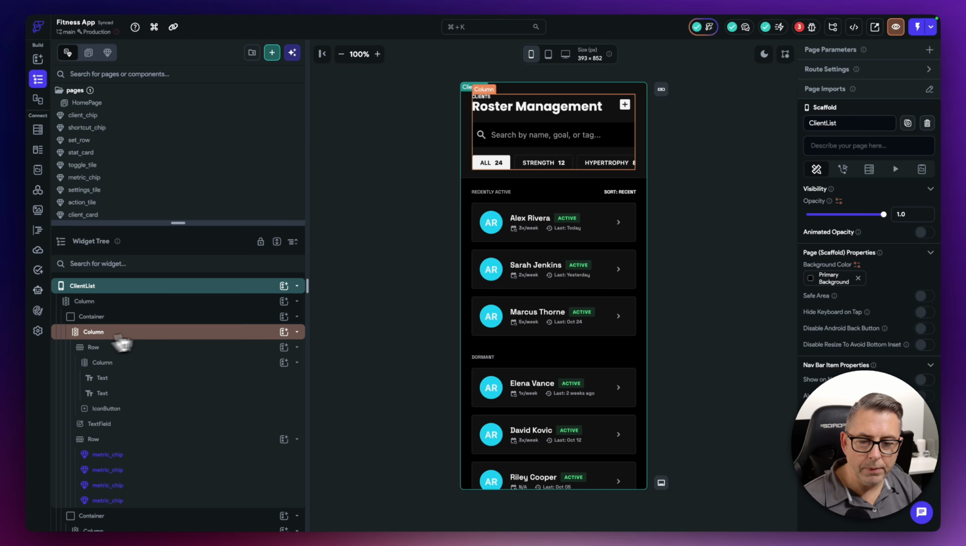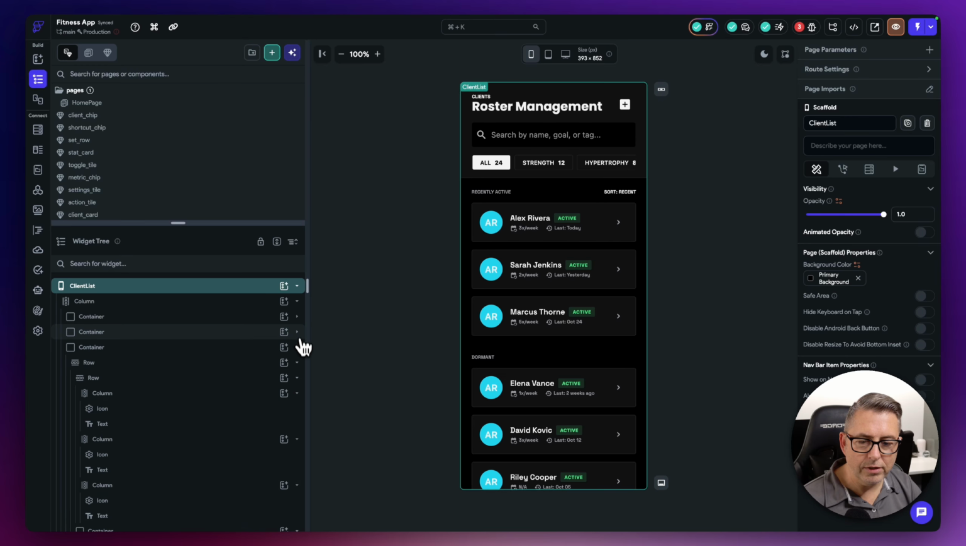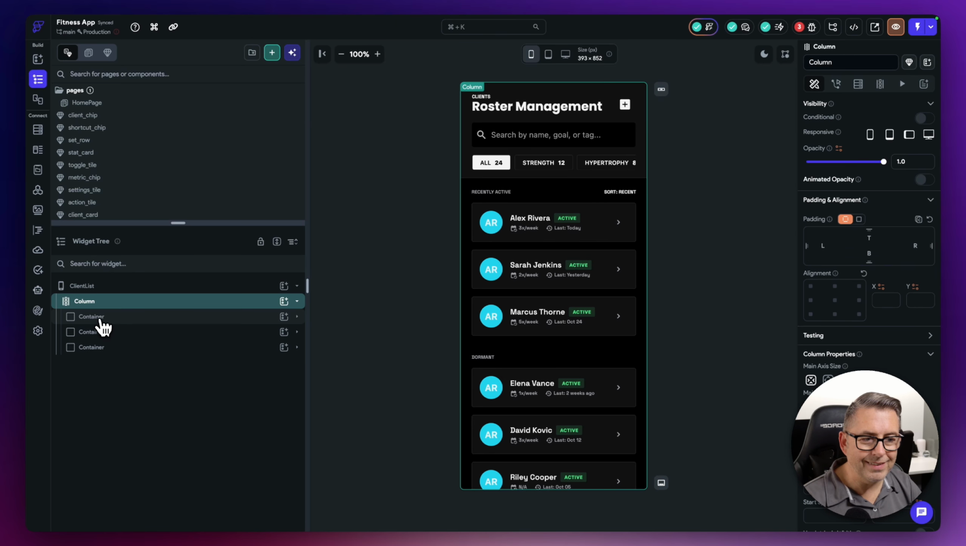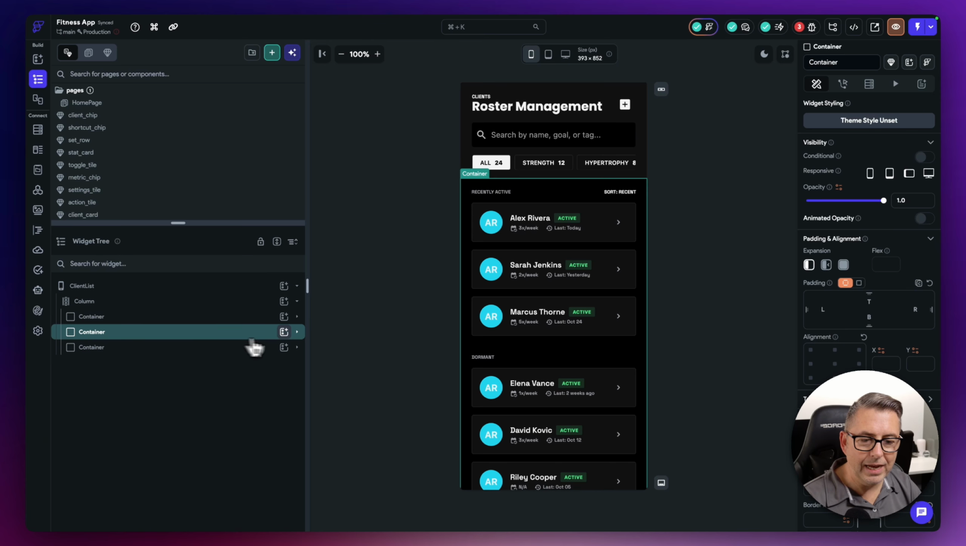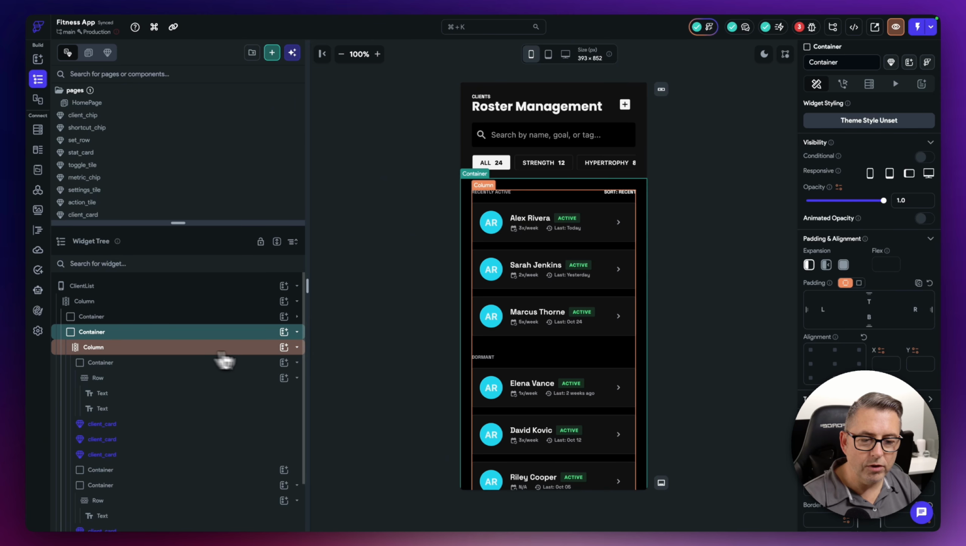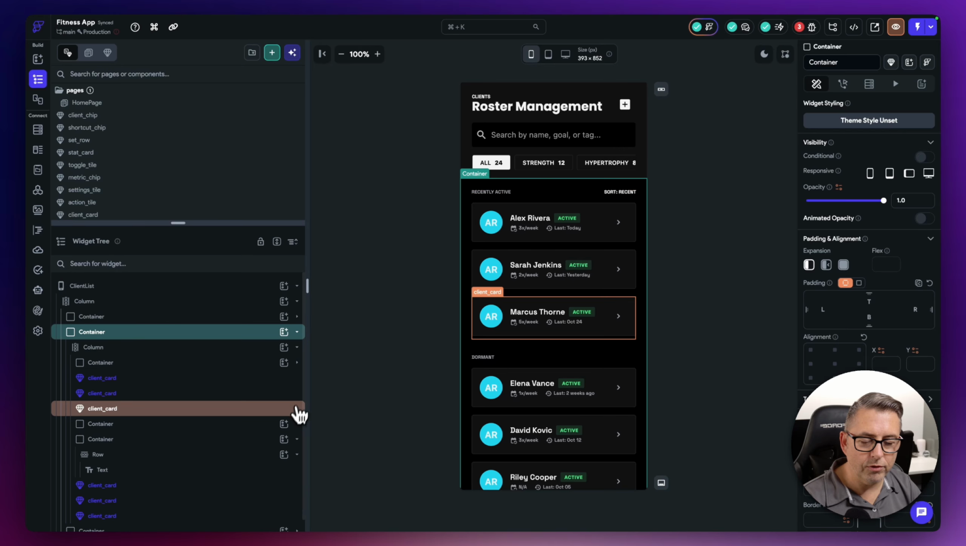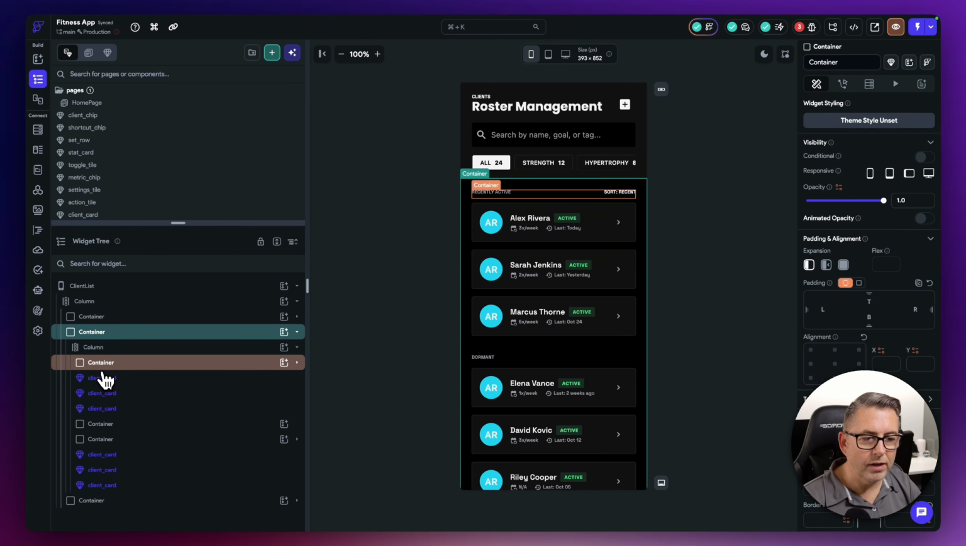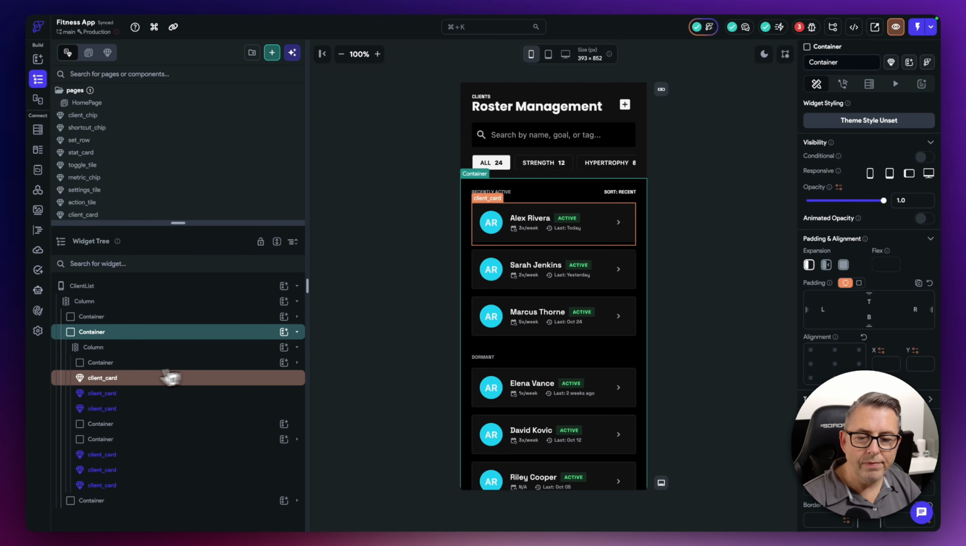Let's just have a look up here. I'm just going to collapse some of this down here. You can see here that this particular column, and then you've got your containers, which is great. You've got your container here. If I expand that out, you can then see I've got my column here. If I collapse some of this stuff down, you can see that from a design perspective, we've got our containers here, which is our grouping, and then we've got our